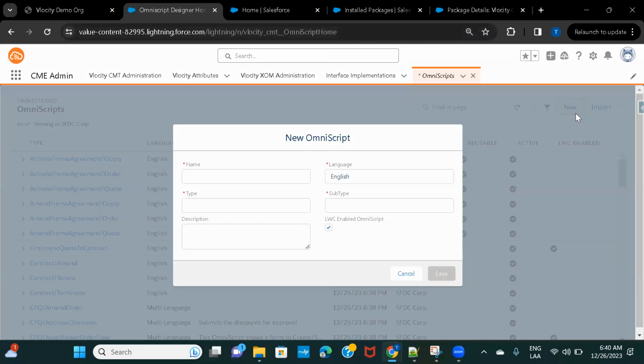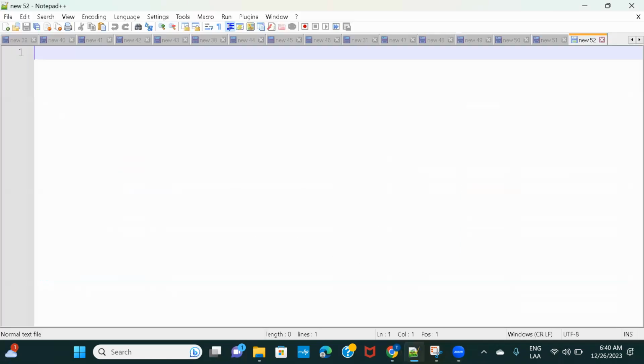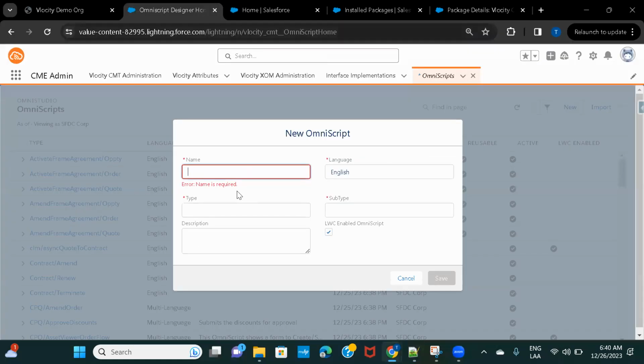Once you click on new, you will be presented with this screen where you have to enter some basic details. So for example, name. If you see the first screen, that I removed the annotation, the first screen was to have an account search text box. So I'm just giving a more relevant name over here. Let's just give a name as account search